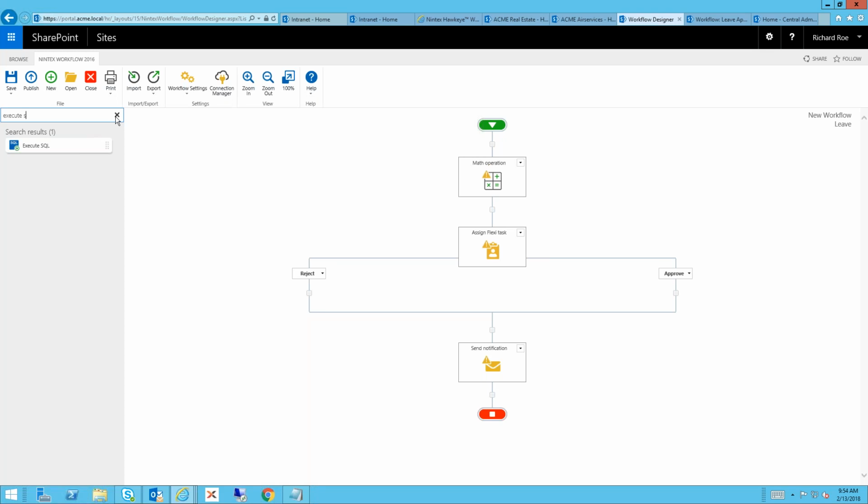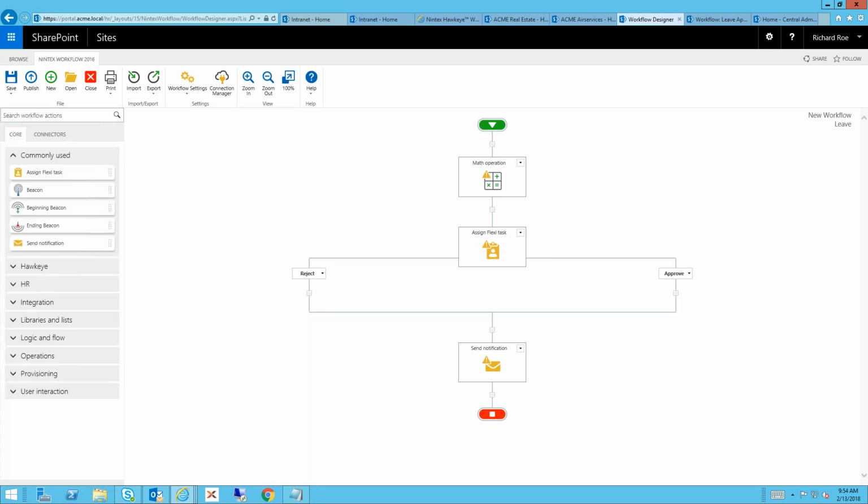Now, when I tell people that, their ears perk up and they go, oh, that's interesting. We have a lot of data in databases. We could definitely use this. And then the other side of the brain starts thinking about, oh, hold on a second, I don't want to let everybody be able to do this. So then, of course, I show them some of the other cool actions you can do, like